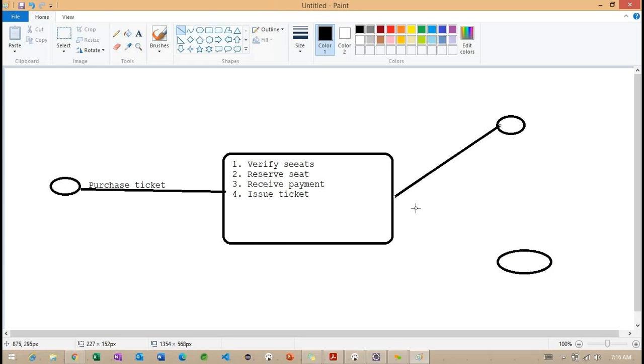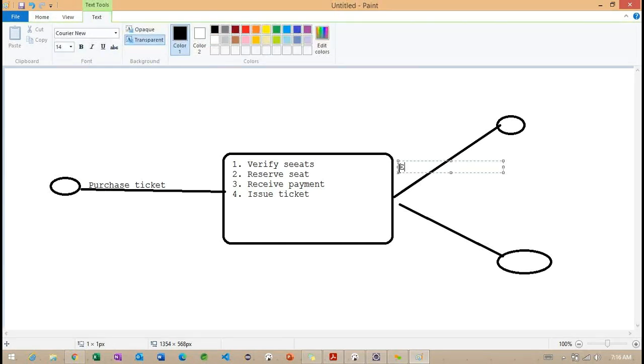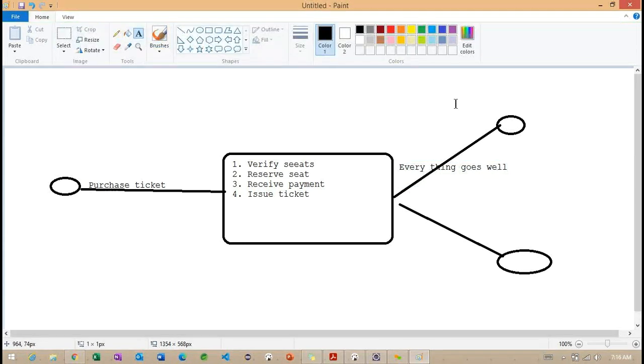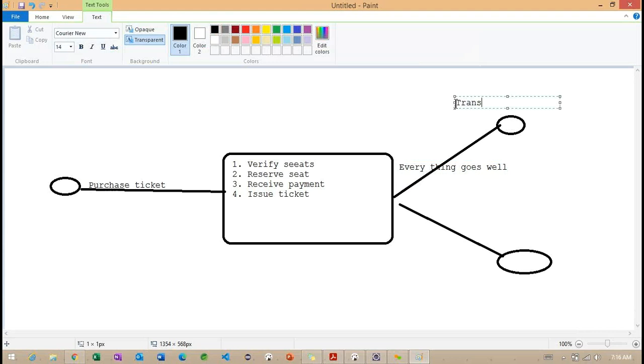If everything is successful, we need to define that here we are going to work with the transaction commit. Transaction committed.